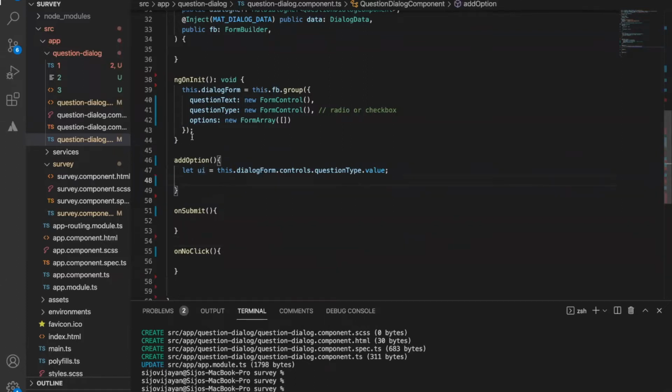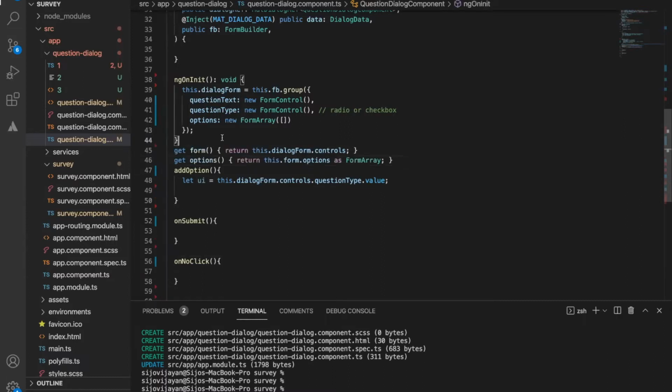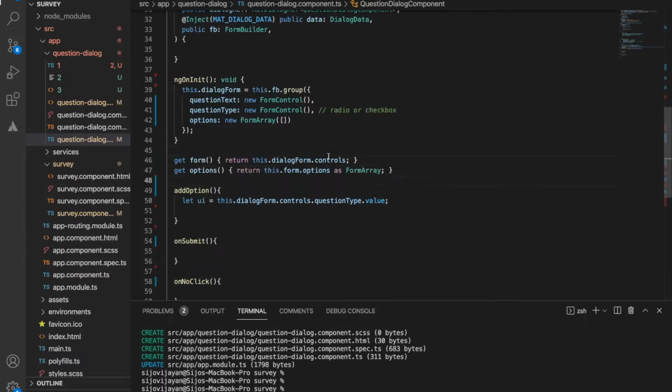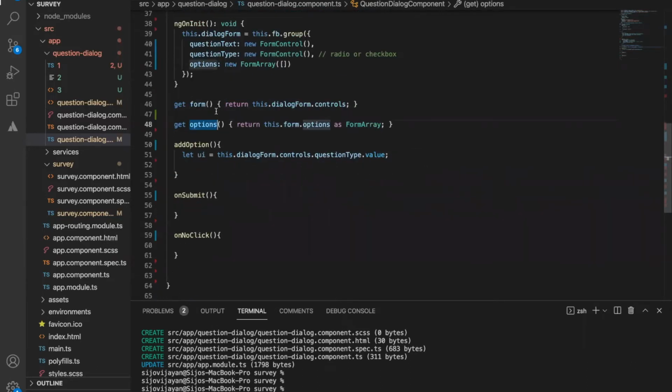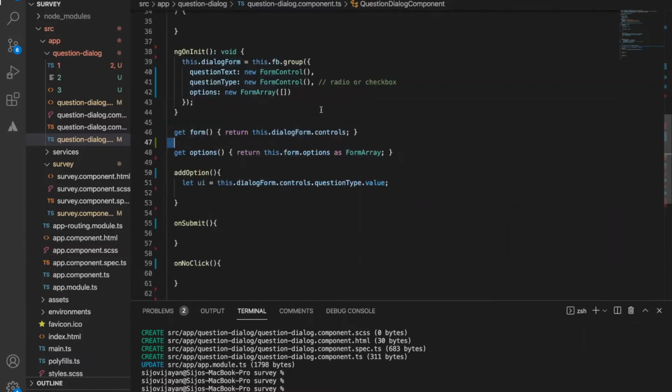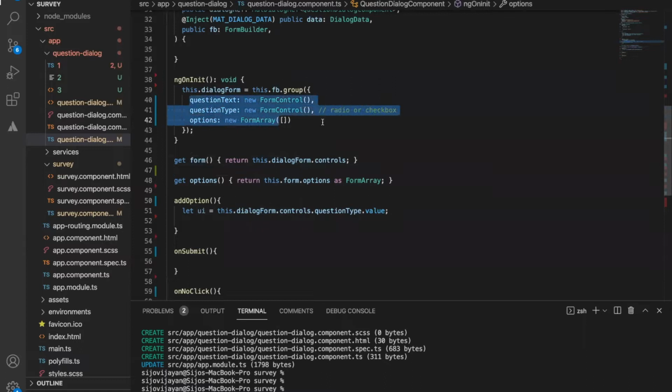What we need to do is define two getter functions. The first one is to get the form, and the second one is to get the options. So I just define two functions like this. First one is form, second one is options. This will just return the dialog form controls, means these controls.